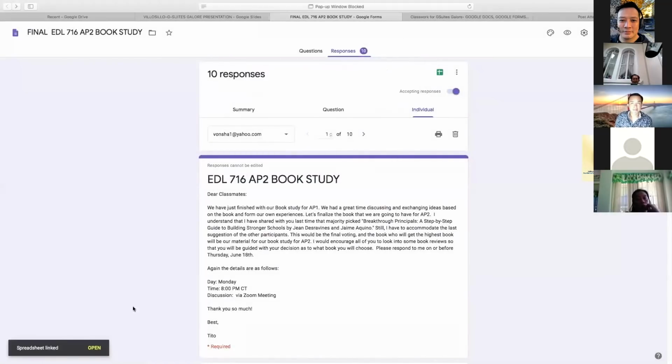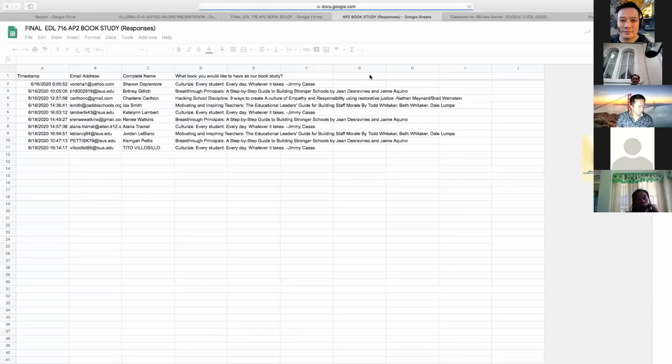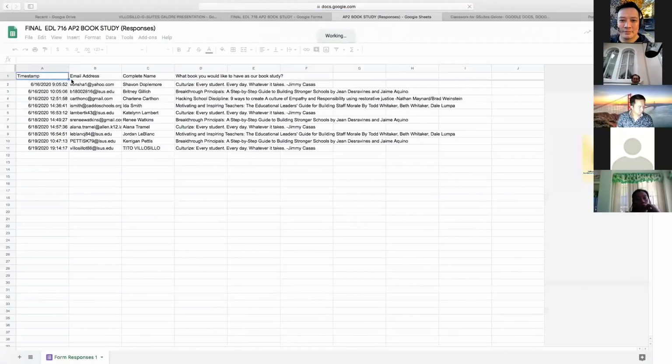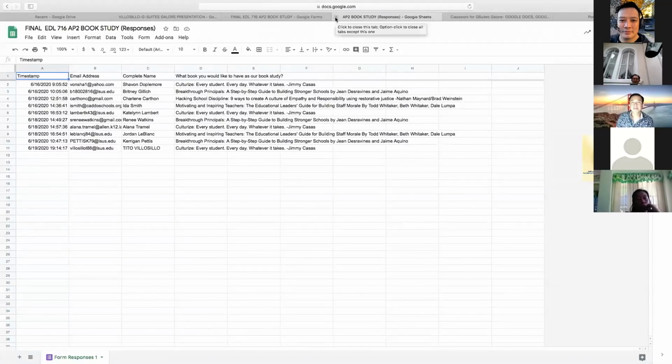Then you have it open right here, and you can already see your spreadsheet. You have the date, the email address, their complete name, and their responses, what particular book they would like to read for the book study. So that's how you can share the results.